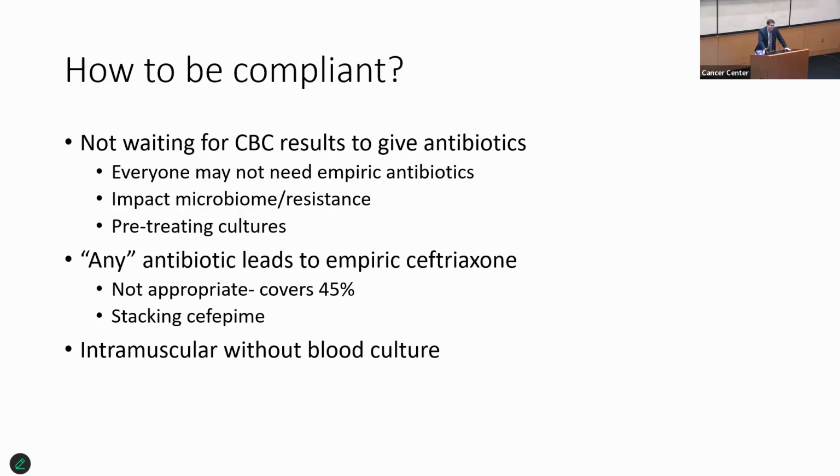The other problem is that this metric isn't timed to appropriate antibiotic, it's timed to any antibiotic. And so this kind of leads everyone to give ceftriaxone, or 95% of the country to give ceftriaxone. But really, this isn't an appropriate antibiotic for severe neutropenia, because when you look at the data, it only covers about 45% of isolates. So 55% of the time that people actually have a bacterial infection you're worried about, you're not covering it with the antibiotic you're giving. It also leads to a lot of programs that stack cefepime. A lot of times they'll give a dose of ceftriaxone and then they find out the counts and then give cefepime right after it, or they give a dose of cefepime and then when they find out they're non-neutropenic, give ceftriaxone right after it.